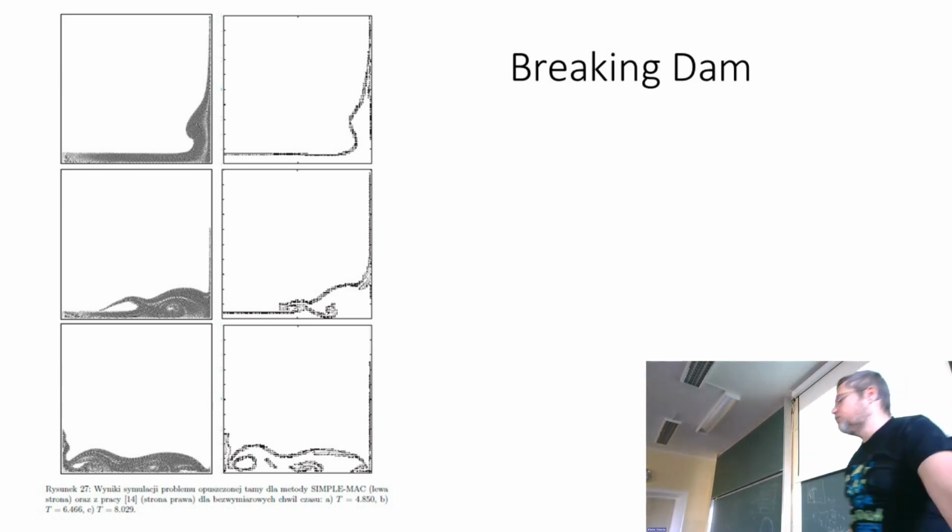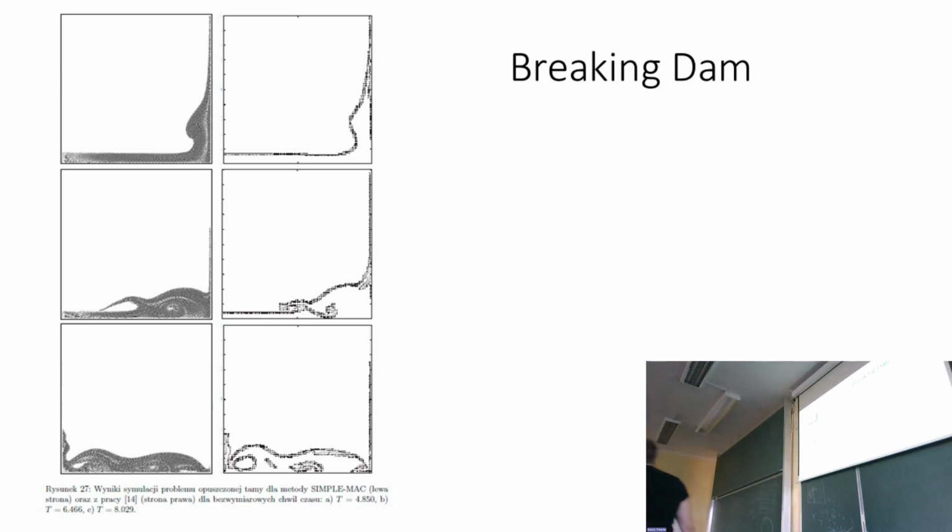This is a breaking dam problem, exactly from my thesis. These are results. The initial problem is like this: you have a part of the water like that, so there is a column, and this splashes to the right. This is already some later time, and this is compared to experiment. This is exactly how people in CFD compare the results of numerical codes to experimental results,